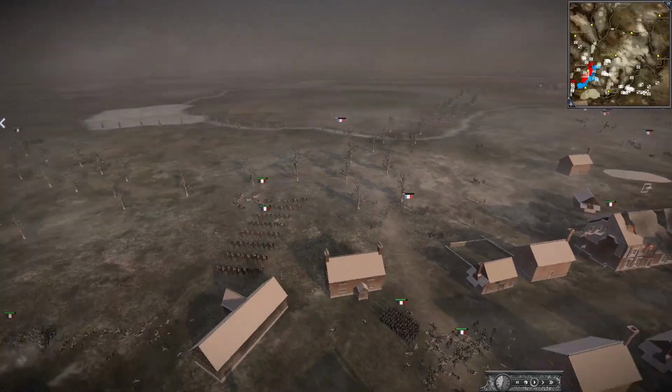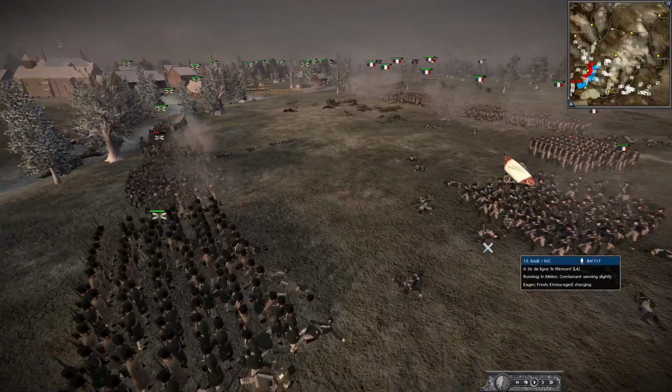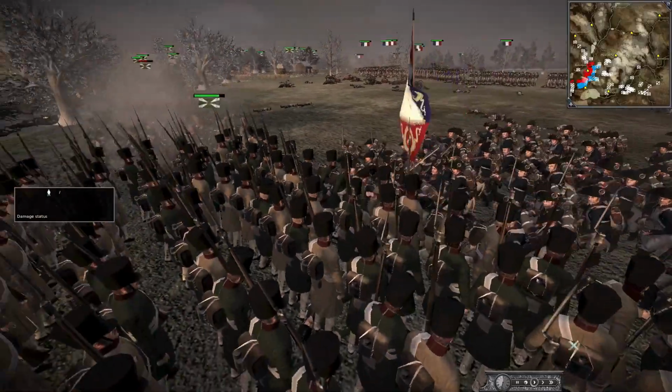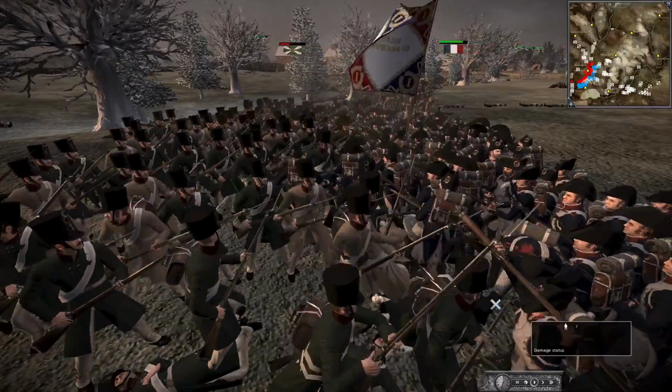So they can't really retreat forever. They've got to stand their ground. And it seems like the French are going to go for a charge now. They're going to try and make a little offensive of their own. Russian infantry here ready to receive them. And it looks like, you know, the Russians